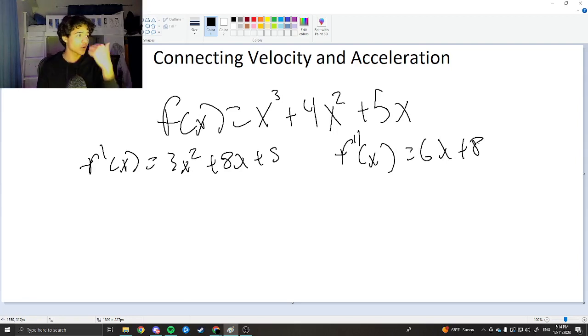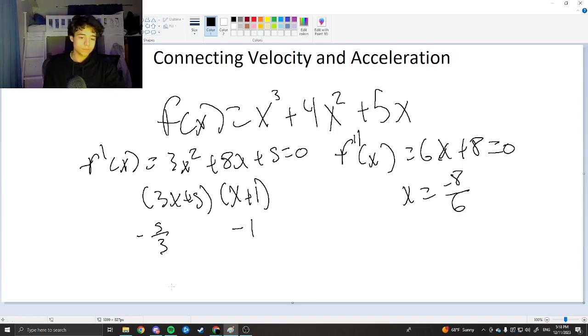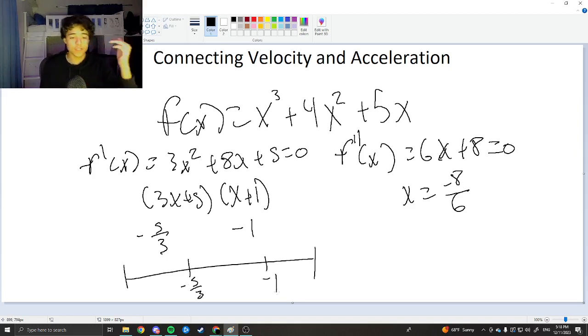Now we want to find our critical points and our points of inflection to see when we're testing. So to find the critical points, we set this equal to 0, and we'll factor it. We'll get 3x plus 5 and x plus 1, which gives us the x values of negative 5 over 3 and negative 1. And if we set our acceleration equal to 0, we'll end up with x equals negative 8 over 6. Now if we make a number line and put negative 5 over 3 and negative 1 on it, just like before, to see when the function is increasing and decreasing, or when our f prime function is positive or negative,